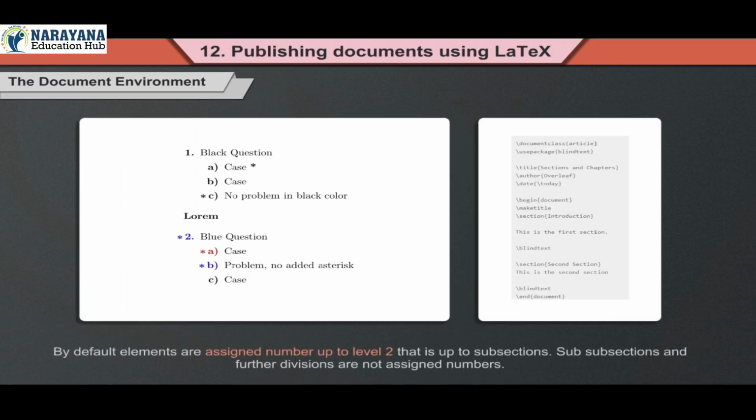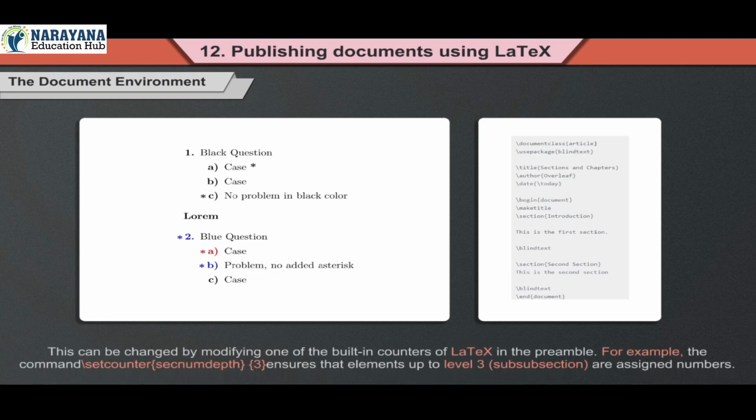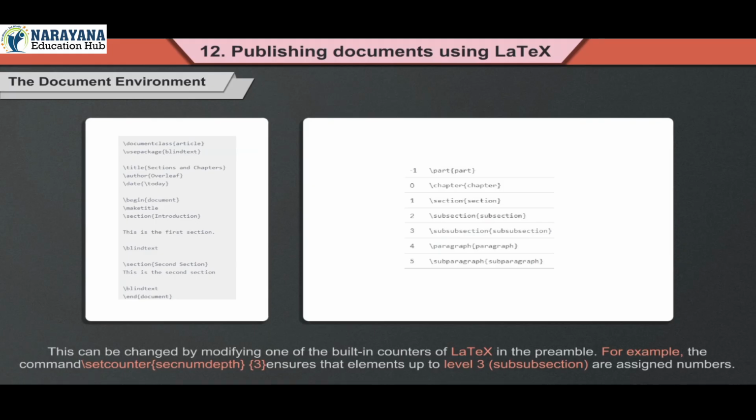By default, elements are assigned numbers up to level 2, that is up to subsections. Subsubsections and further divisions are not assigned numbers. This can be changed by modifying one of the built-in counters of LaTeX in the preamble. For example, the command \setcounter{secnumdepth}{3} ensures that elements up to level 3, that is